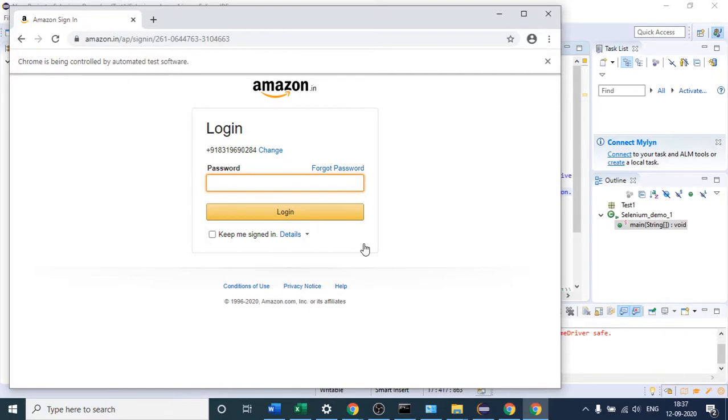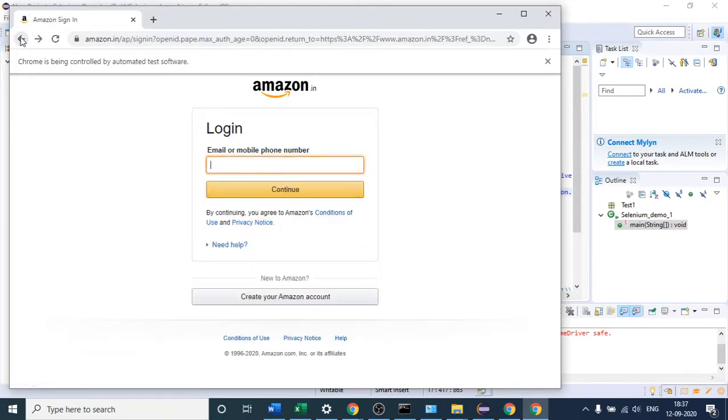Okay, so we have just discussed how we can click, or how we can insert a value in the text box. As of now, let me talk about one more method as well. Suppose let me come back first. Suppose I have to get the text present in this continue button, right? This is the yellow button, and in that yellow button this is the text.